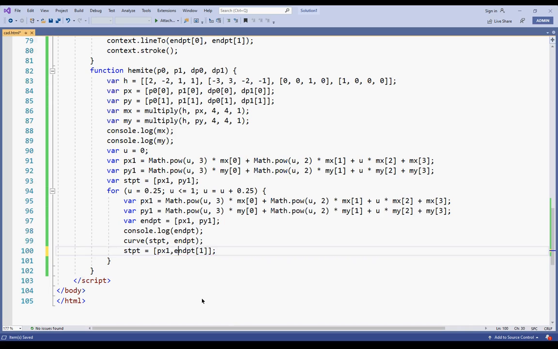I can say px1, and here also I can say py1. Okay, doesn't make any difference. So after drawing, my end point is going to become my start point, and the new end point will be calculated. So let's go step by step, I want. So how can I do it step by step?